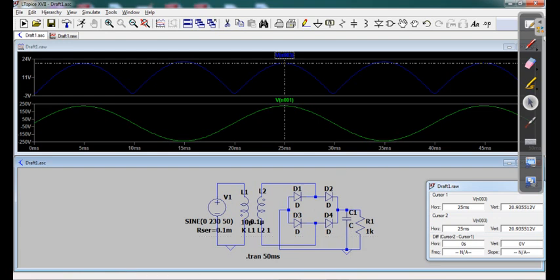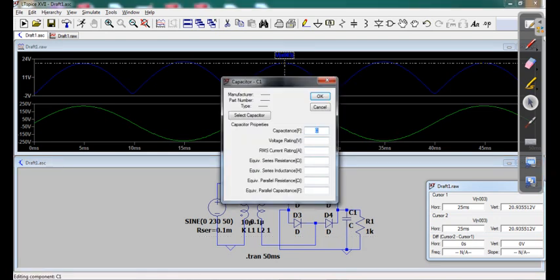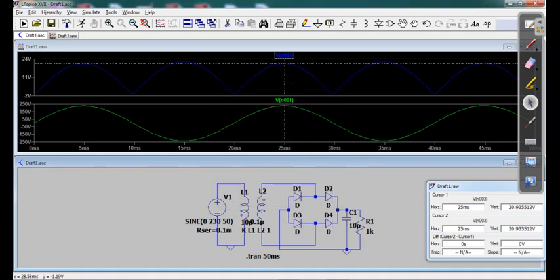So now you just give some value to the capacitor, say 10 microfarad. Okay, so now let us see how the ripples will change. So click on run, and you see now the ripples are like this.